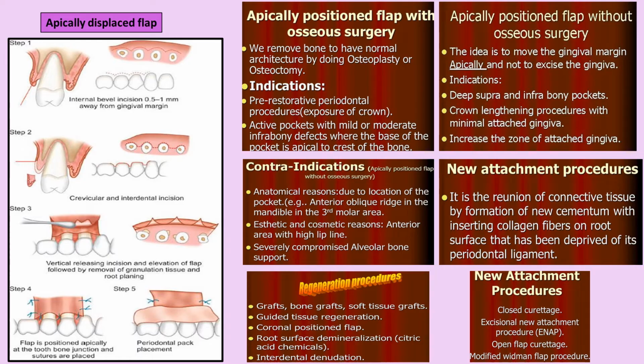So the coronally positioned flap is the third type of displaced flap, in which you are raising the flap and then stretching it or lifting it coronally to cover the defect. And this flap is exclusively used to restore the gingival height and the zone of attached gingiva over an isolated area